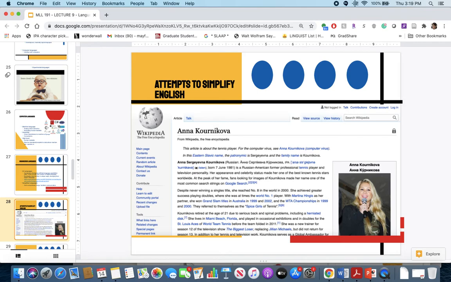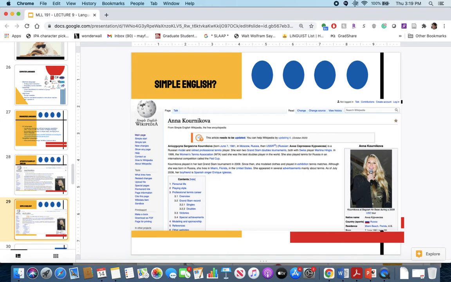And so, there's lots of information about her. But if you are someone learning English for the first time, for ESL, if you are dyslexic, or if you don't want to read that much about Anna Kournikova, but just want to get to the facts, then there is a Simple English Wikipedia. This has been a project from Wikipedia for a number of years where they try to simplify articles. It's actually a separate website. If you Google Simple English Wikipedia, you'll find it. But an example is Anna Kournikova, right?